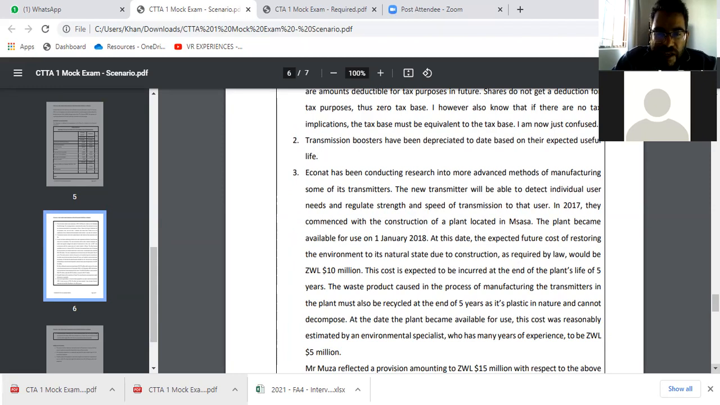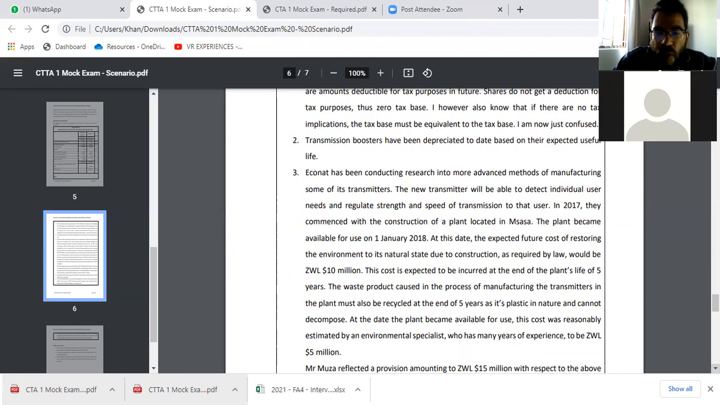In 2017, they commenced with the construction of a plant located in Masasa. The plant became available for use on 1 January 2018. What's important, when an item of PPE is available for use or ready for use, you must start depreciating from that date. At this date, the expected future costs of restoring the environment to its natural state due to construction,